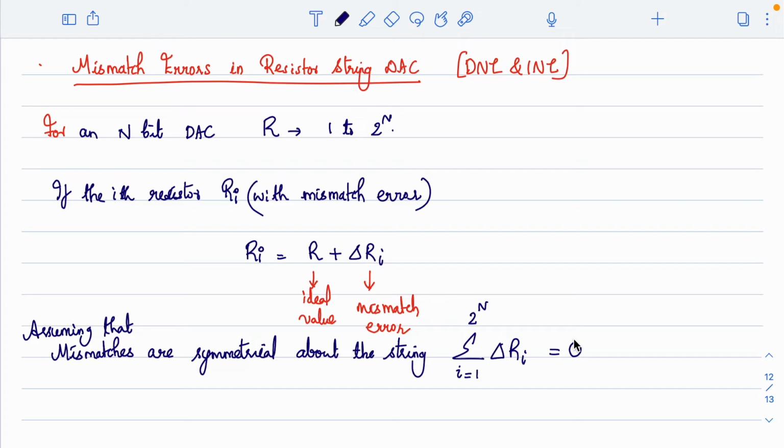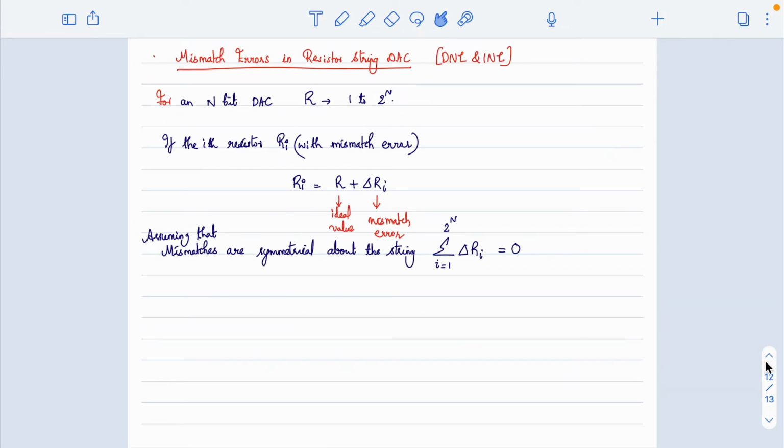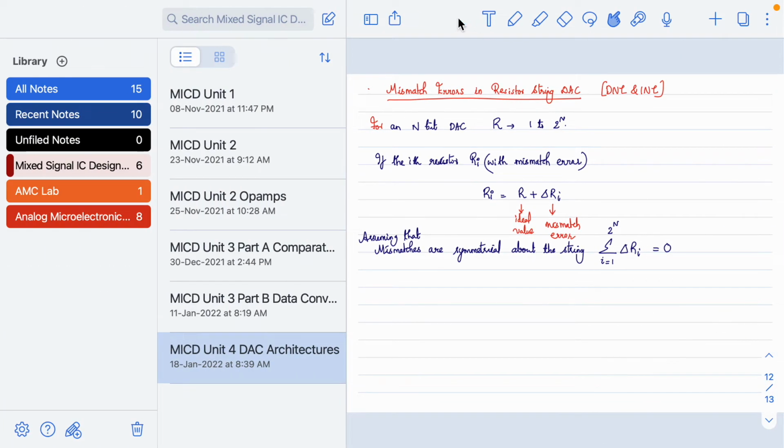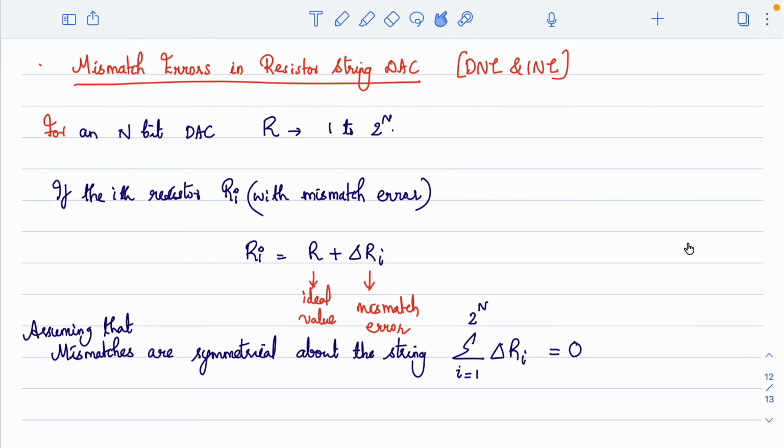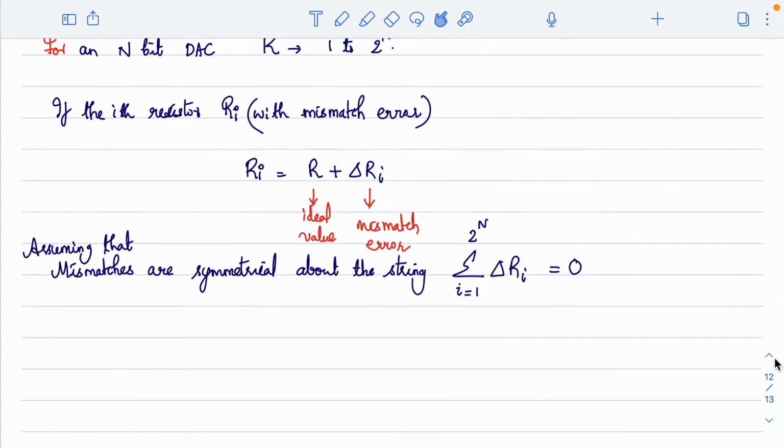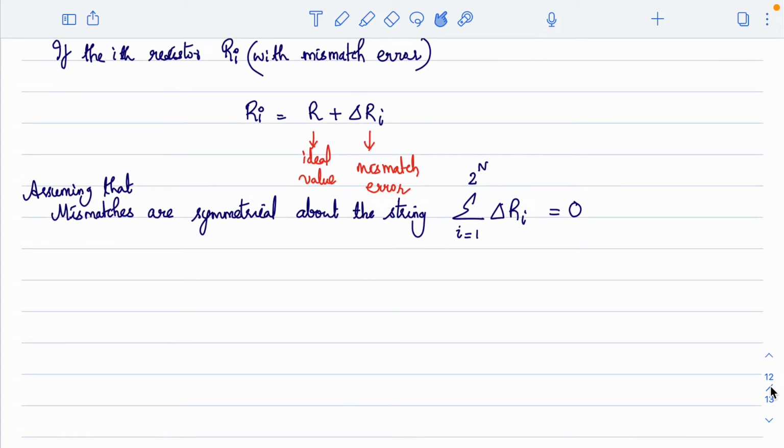Now what I want to do here is write the ideal voltage that can be tapped at the ith resistor and the actual voltage that can be tapped at the ith resistor with this mismatch error, so that I can come to a generalized formula for the calculation of INL and DNL. That is what I am going to do now. Right. So